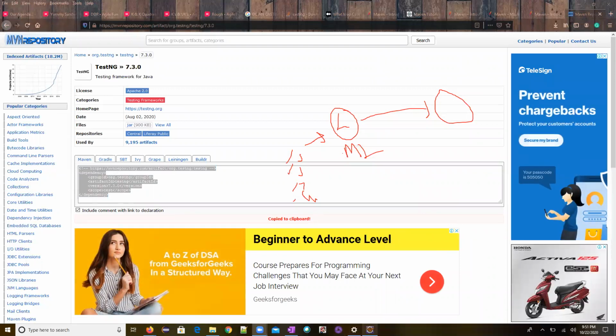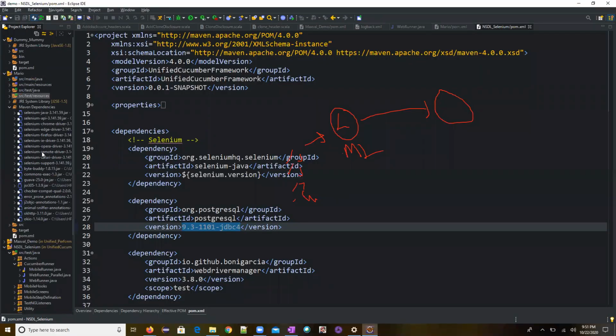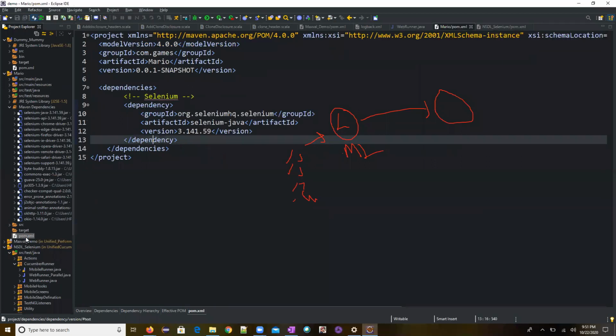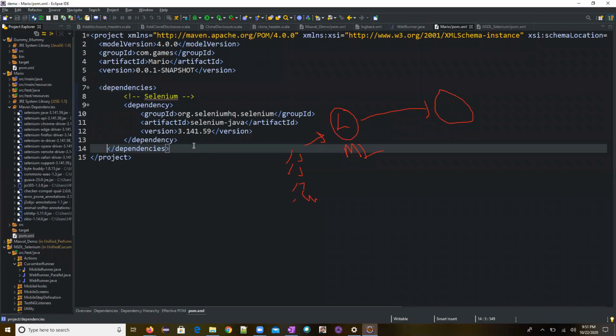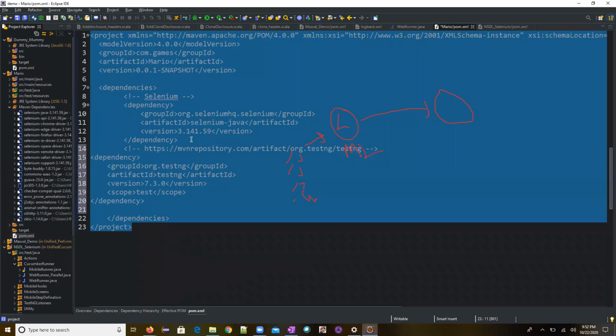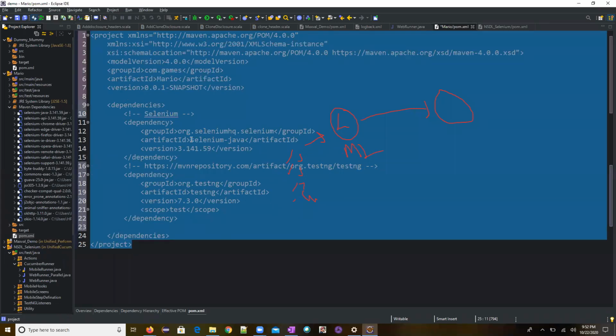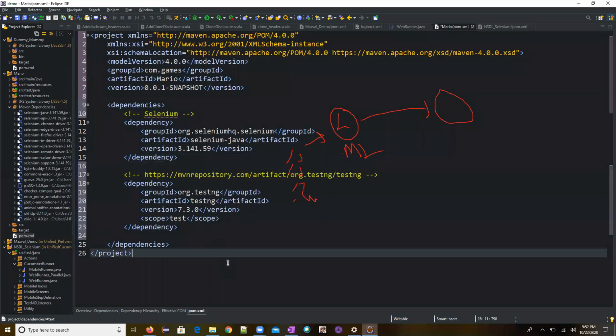Okay, go back to your editor. This is our dummy project, right, Mario? I'll come here and see this is overall for the dependencies. Now I need to paste it over here. What is Control-Shift-F? Control-Shift-F will make this aligned properly. Now you see we have added TestNG. As of now, no TestNG jar files have been added over here.